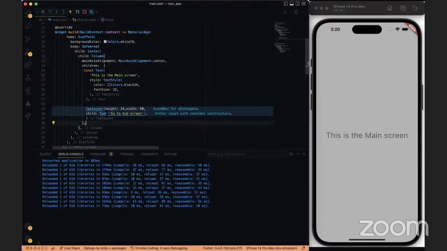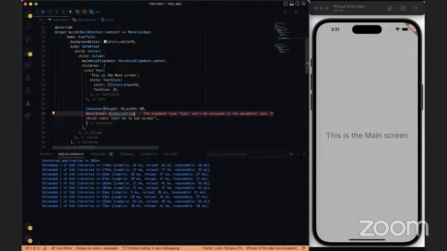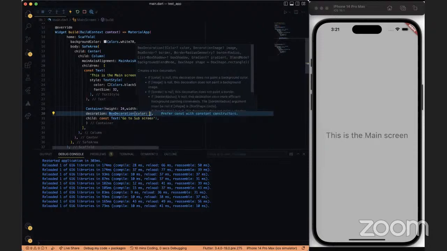Then we would want to quickly decorate the container. Give it a color of,